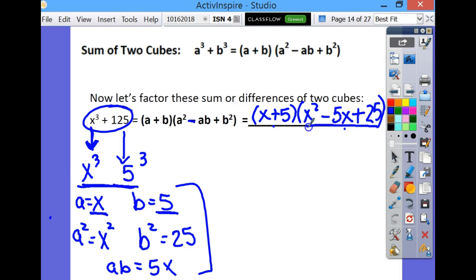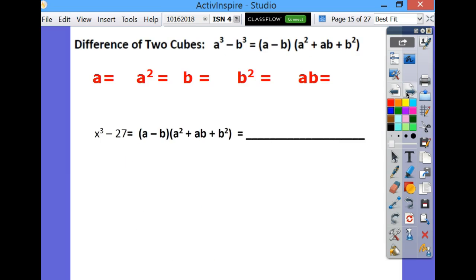By the way, this does not factor anymore. If you did your A times your C, you wouldn't be able to factor it anymore. Okay, so